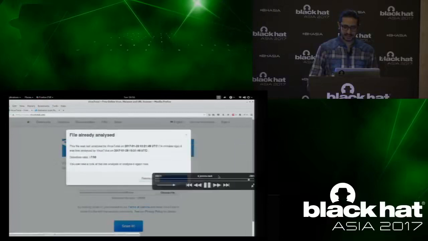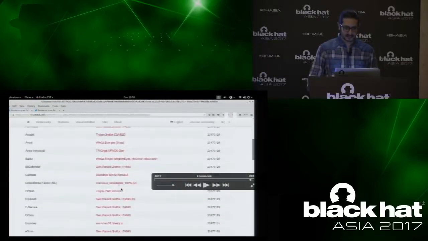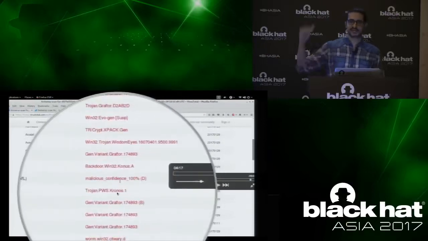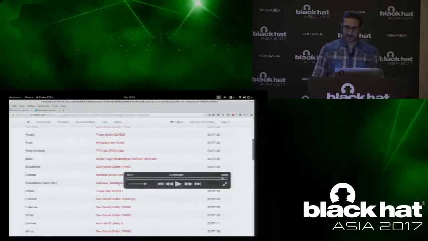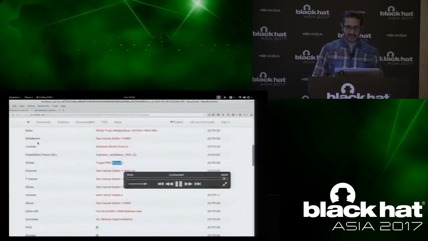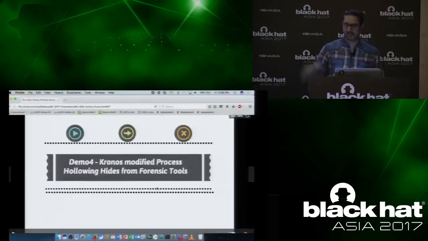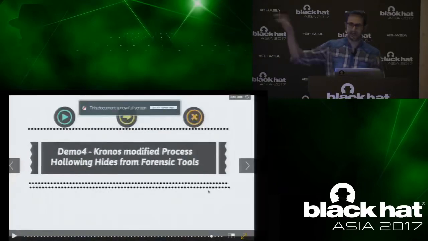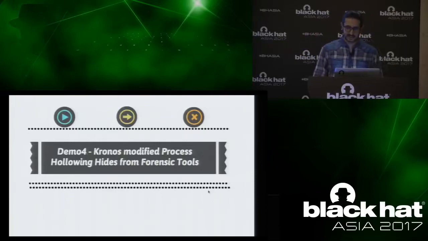Now I'm submitting to VirusTotal. Now you see that it is telling some of the events, Kronos. So as you can see, that's how you can detect the different variations of hollow process injection, and you can also use the HoloFind plugin, which is open source, and you can also find that on the Volatility plugin contest website because it won the contest, or you can find it on the GitHub link as well.